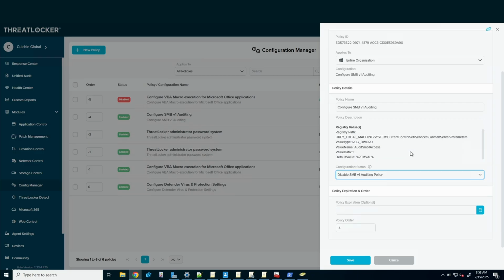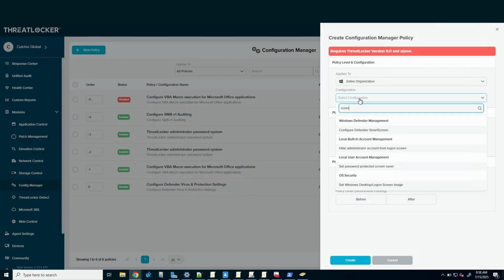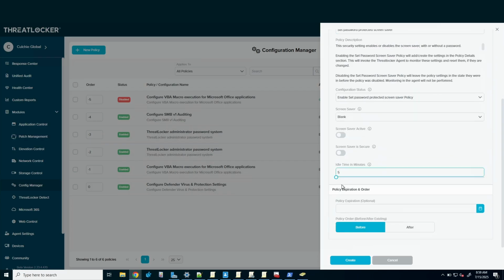When it is in force, though, when ThreatLocker is in play, it will check it every 5 minutes. So if someone turns it off, it'll check it and then log that they turned it off. So you will actually get a trigger in the unified audit, with action type configuration. Yes. So if I went in here, for example, and said I'm going to configure a screensaver policy, set password protected screensaver, and I was to set it for 15 minutes, it will come in here and check that this is 15 minutes. If it's not, it will change it to 15 minutes, and then it will report to ThreatLocker that this was changed.